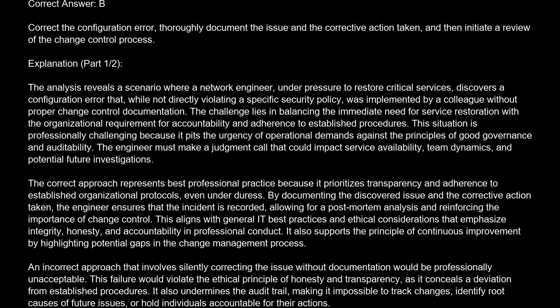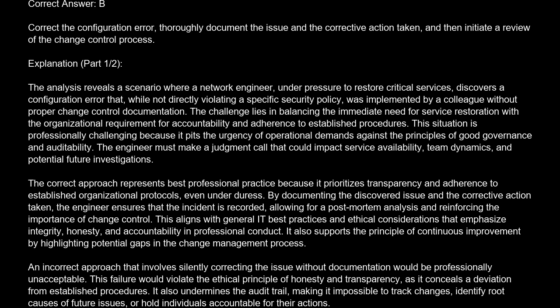The correct answer is B. Correct the configuration error, thoroughly document the issue and the corrective action taken, and then initiate a review of the change control process. Explanation. The analysis reveals a scenario where a network engineer, under pressure to restore critical services, discovers